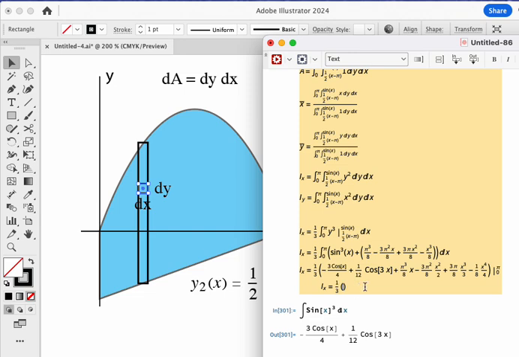Okay, if I stick in pi here, cosine of pi is... actually, cosine of pi is -1, right? So that gets rid of that minus sign right there, so it's just going to give me a minus 3/4. Cosine of 3 pi is also -1, so this is turning that into a minus sign. We've got our 1/12 there. Plus